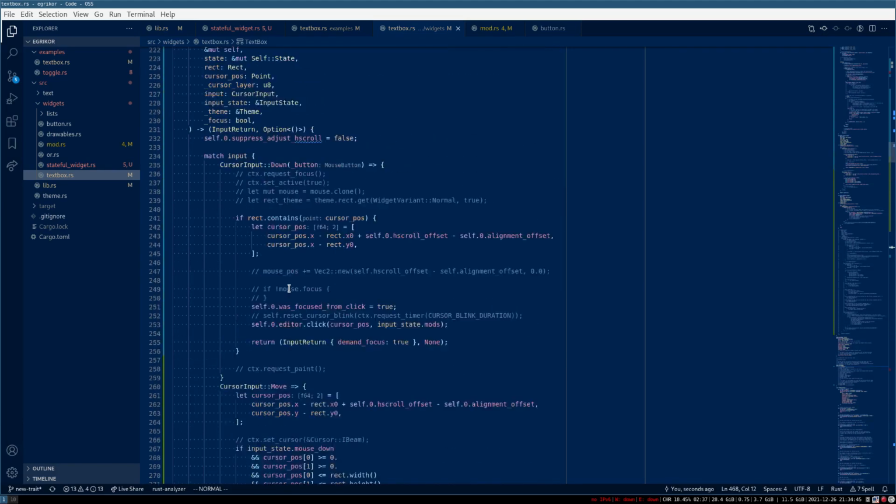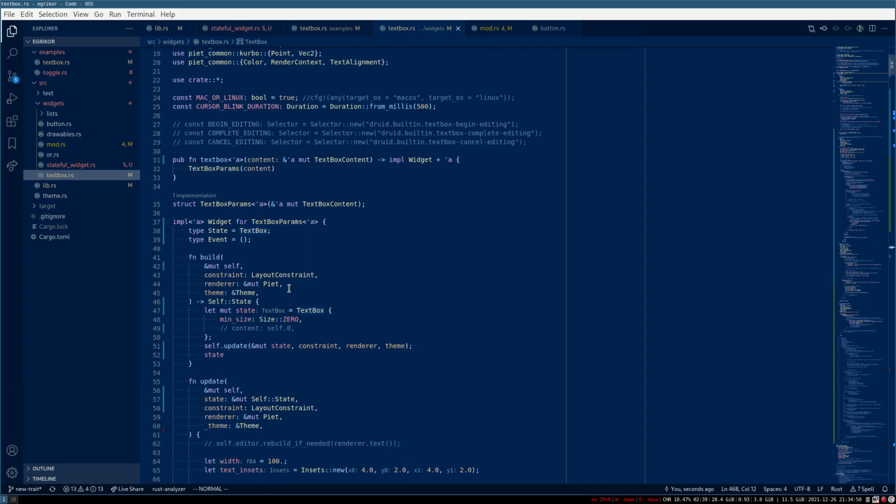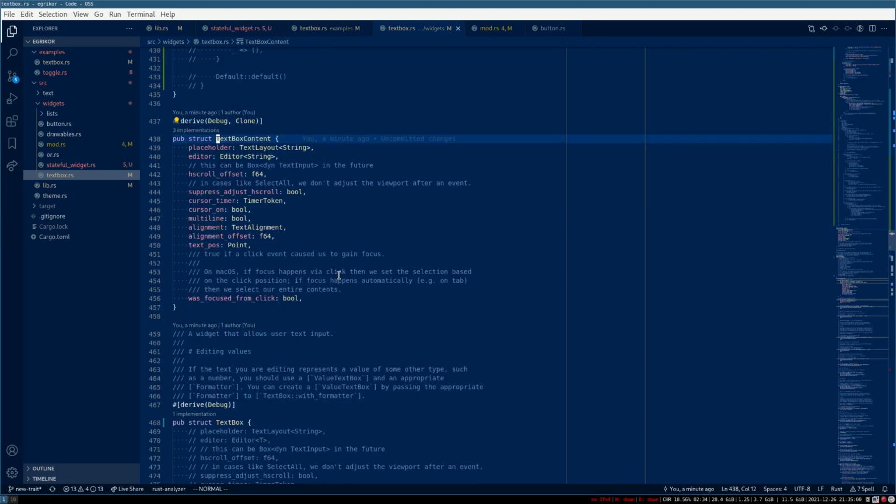So the actual content and stuff like cursor position is a parameter. So it's basically some sort of externally managed state,